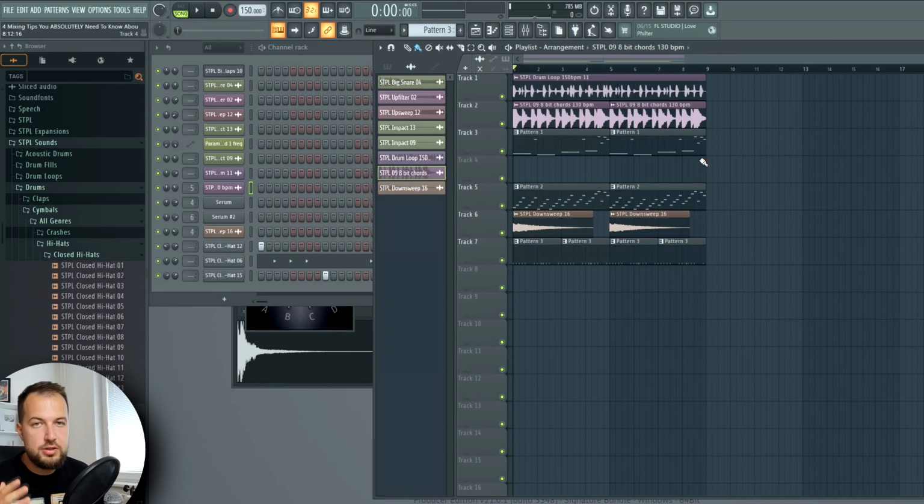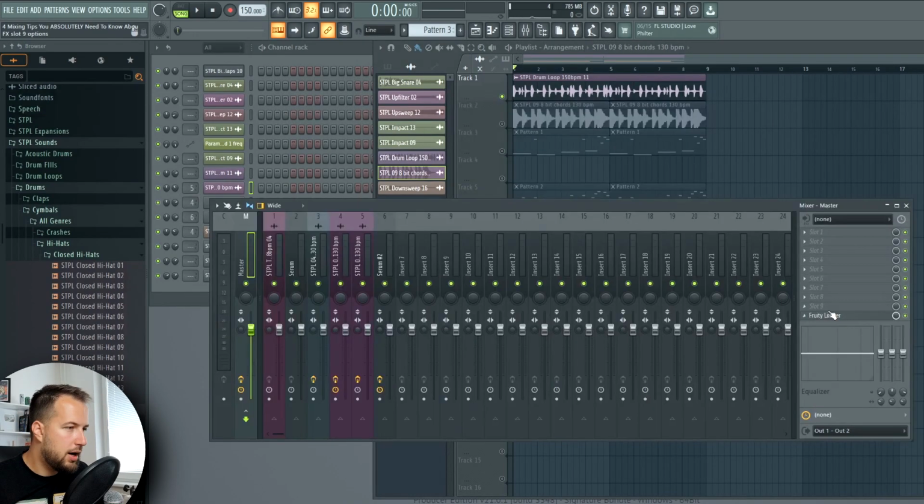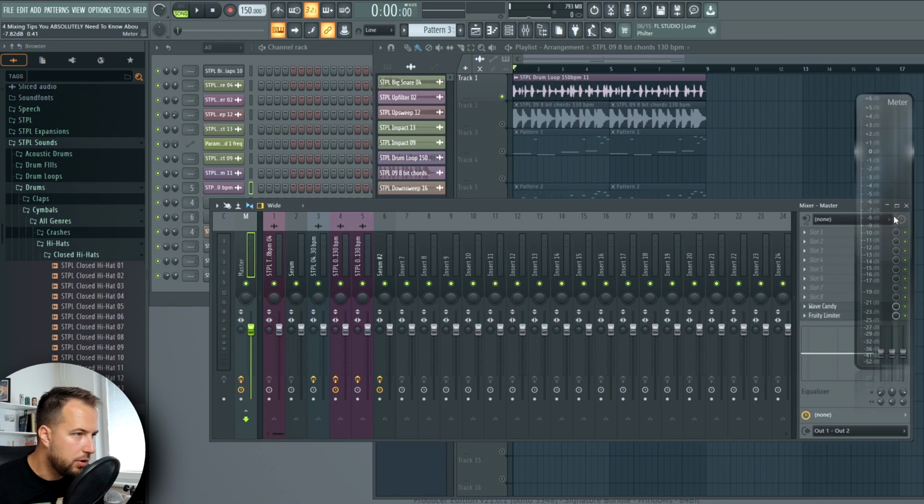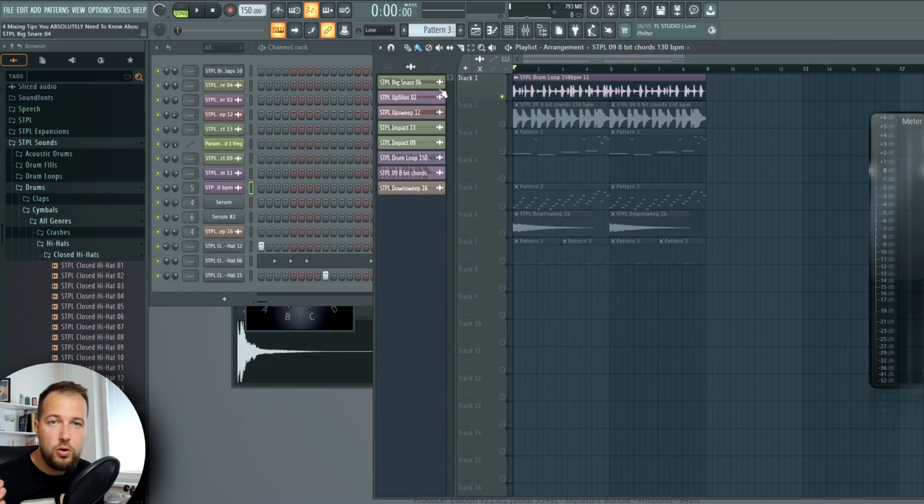So first, let's get the obvious out of the way, which is volume. If you want to get a good clean mix, first take a look at the volume of the sounds. I recommend using something like Wave Candy, change the preset to peak meter, and now you'll see the decibels of your track really nicely. And then check all the sounds that are playing and see how many decibels they are playing at. So we have the drums,